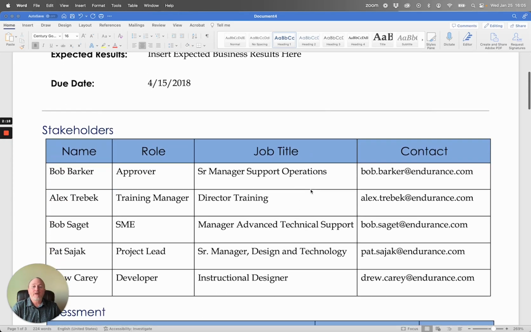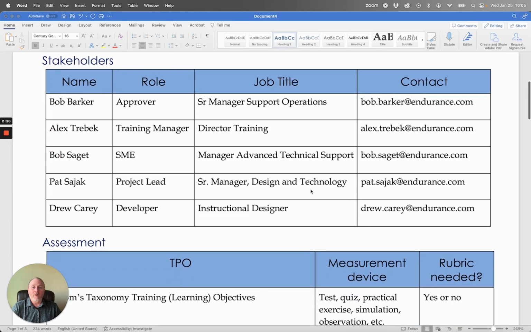The next part are your stakeholders. You want to list out all the people, what the roles are, what their job titles are, and how to contact them. This is important in case for some reason the project has to be shifted to another instructional designer, if you go on vacation, or there's a question about who is involved in developing and contributing to this training